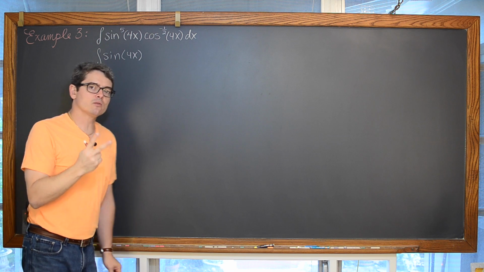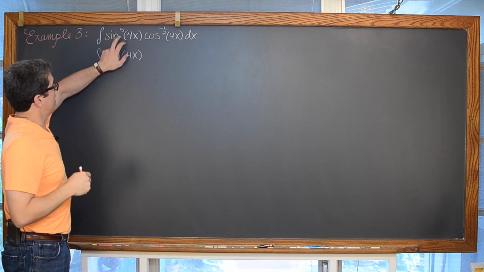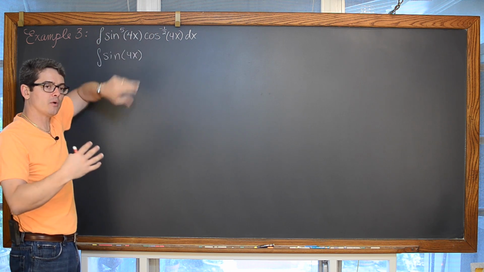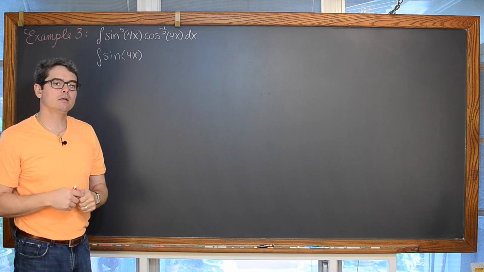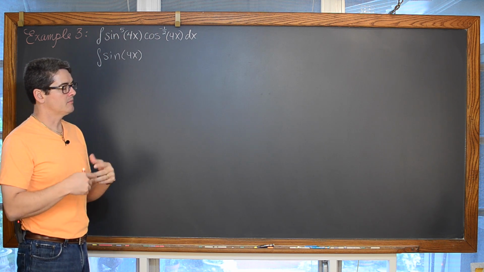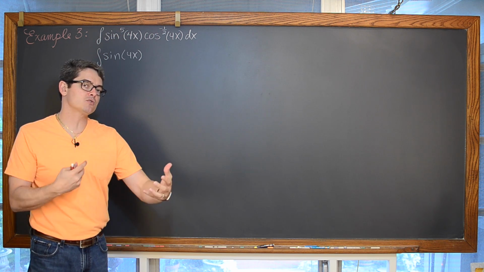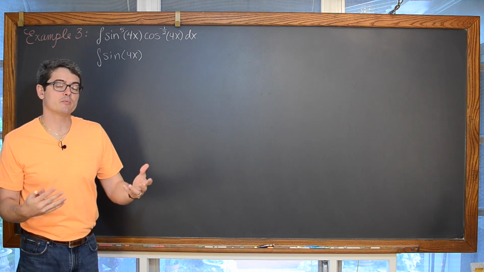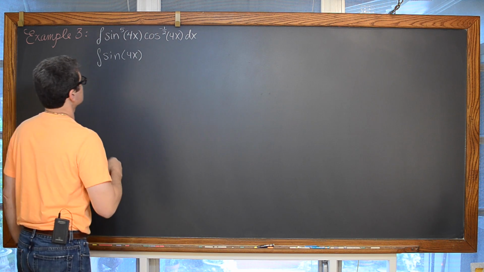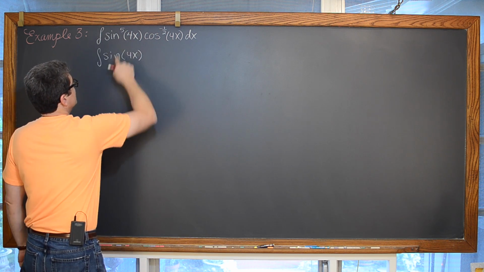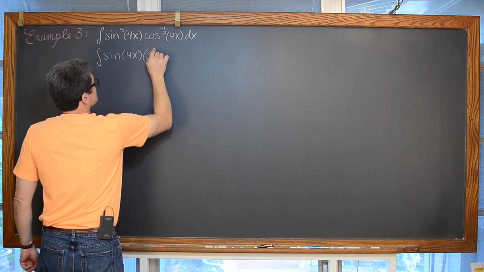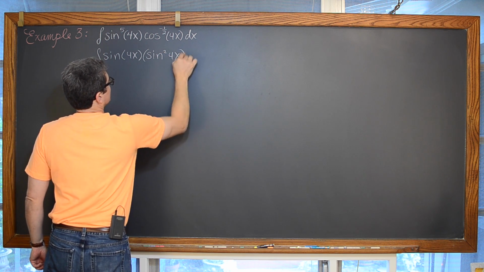And this is the second reason why I included this particular example. Now, this power is not just an odd power of 3, it's an even power of 4. So we're going to have to do a little bit more work to get that broken down into a power of 2 and a little bit of expansion so that we can use the Pythagorean identity, which has sine squared plus cosine squared equal to 1. So what we're going to do here is not write that as sine to the 4th, but we're going to write that as sine squared of 4x.